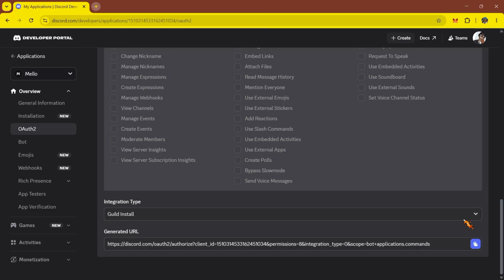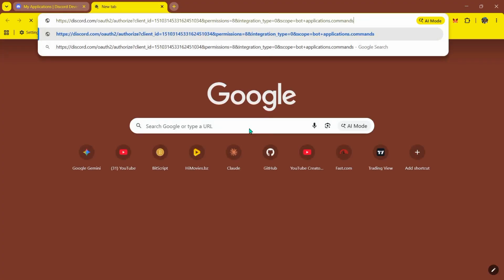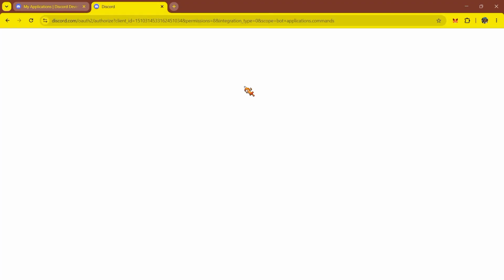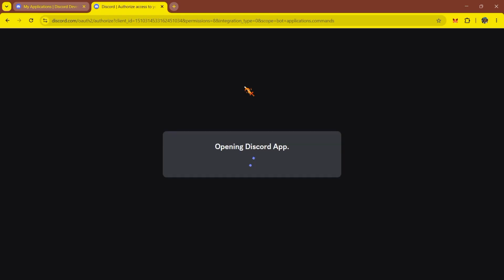So what you're going to need to do is click on copy right here. This is your URL. Just click on copy that. And what you're going to need to do is open a new tab, paste the URL, and hit enter. Now this is going to ask you whether you want to authorize your Discord bot to be part of your